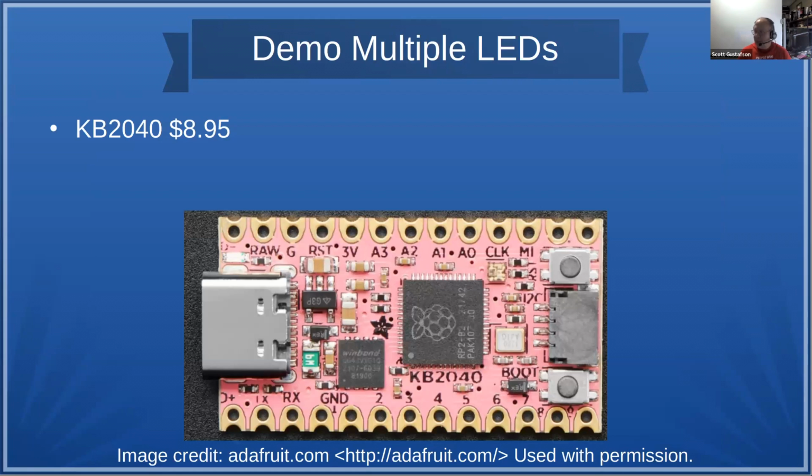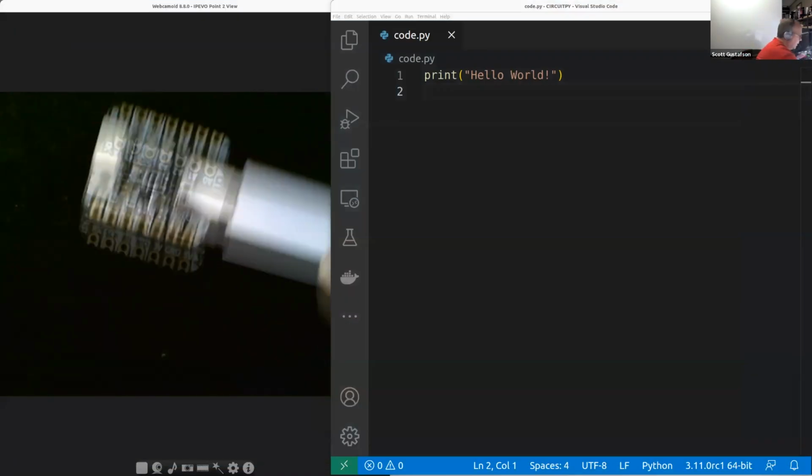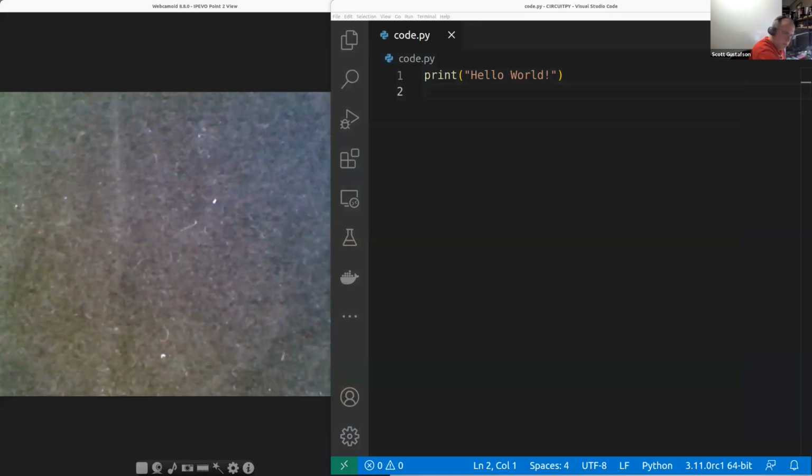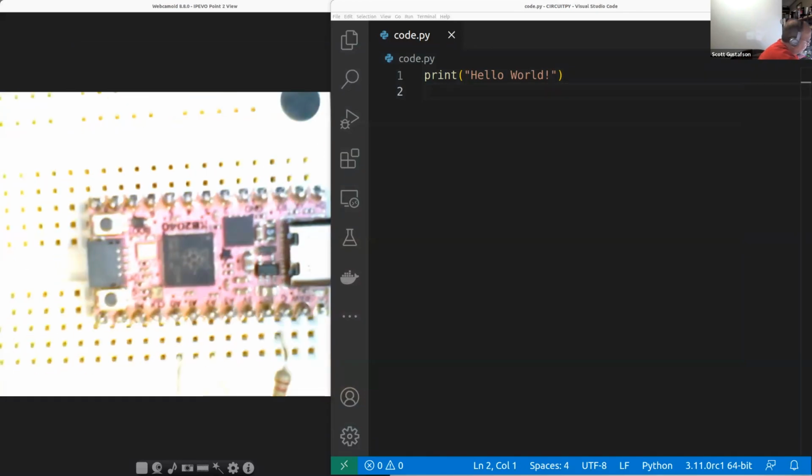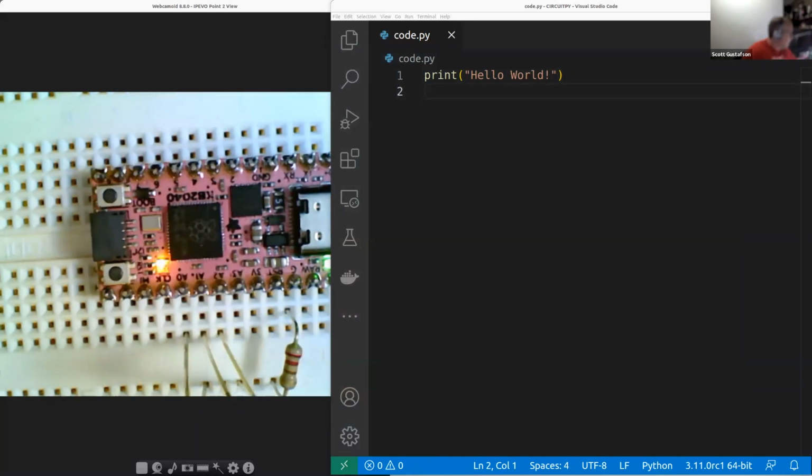Now, I'm going to show how to use multiple LEDs on another device, which is another Adafruit board. This is a KB2040. It's only $9, and it is a little bit bigger than the CutePy, and a little bit smaller than the Raspberry Pi. So again, we're just trying to get to the point where I can have